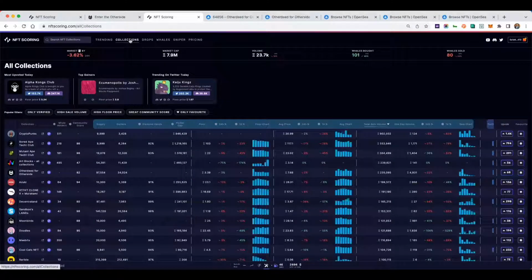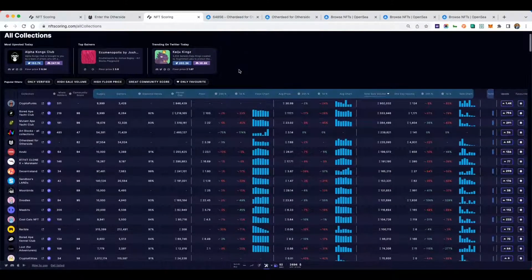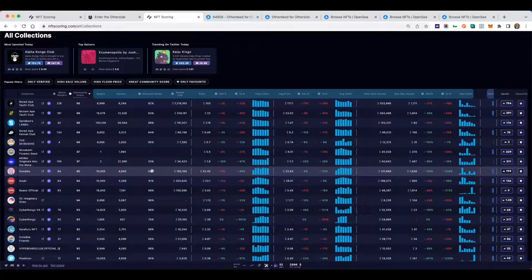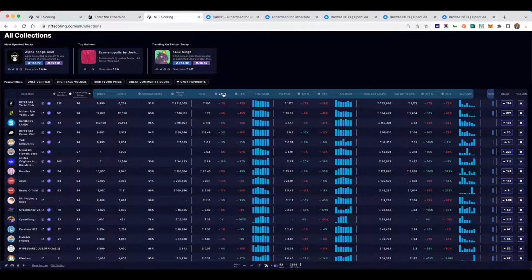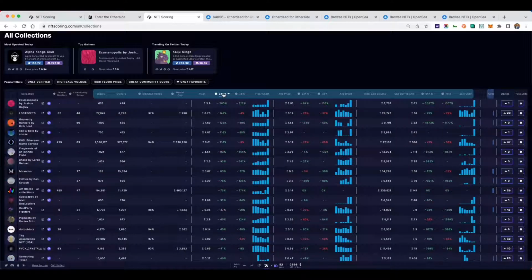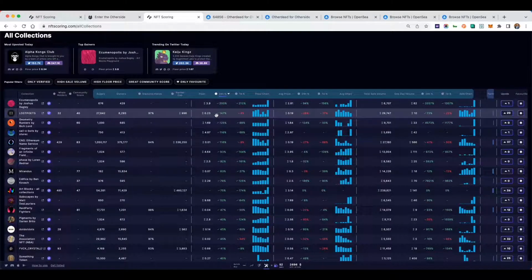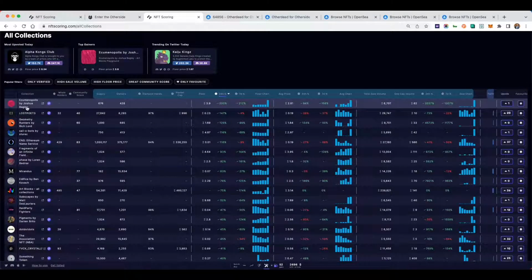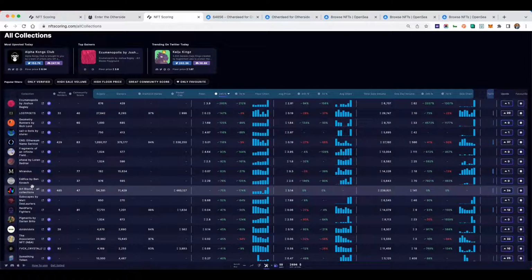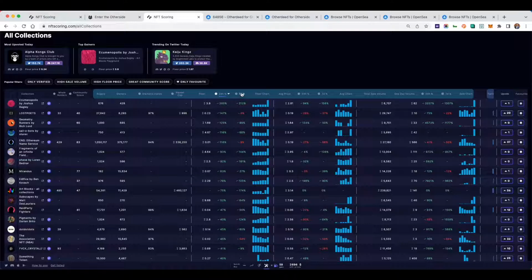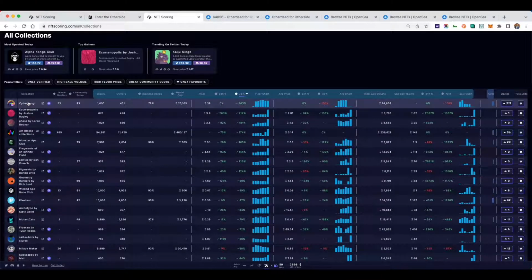Now let's dive into the collections tab. The collections tab, I love using this one because it gives me a high level idea of how the market is performing. Think of this as almost like a Google Sheets on steroids, where you can organize this Google Sheets based on different parameters. I'll give you an example of what I like to organize. I usually like to organize it by how the floor has performed over the past 24 hours. Which NFT has had the biggest gains, the biggest floor increase in the past 24 hours? And it shows me some pretty strange ones that I've never heard of that I can then dive into. Same with 7 days, right? CyberKong, so obviously we've all seen it.